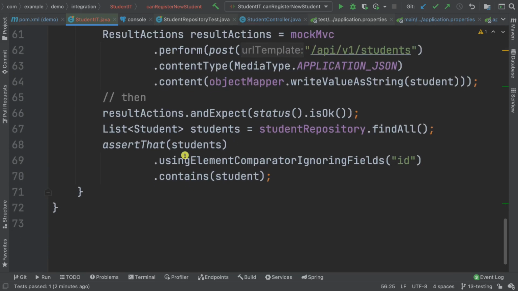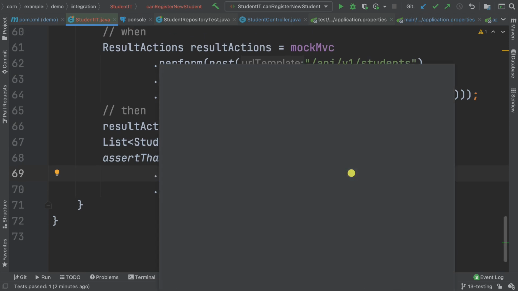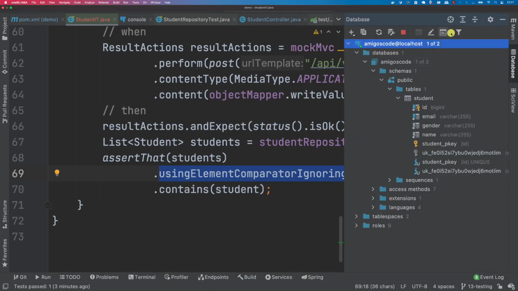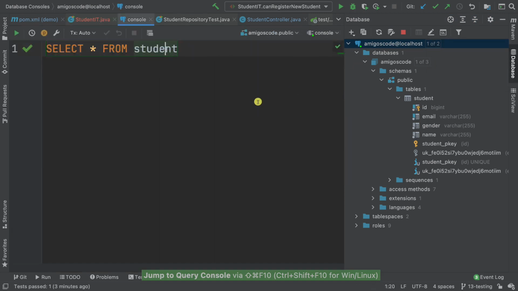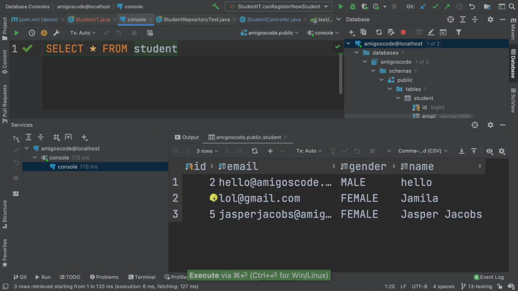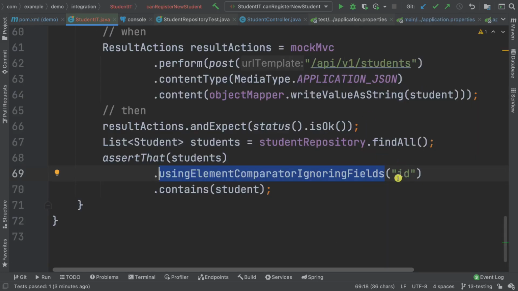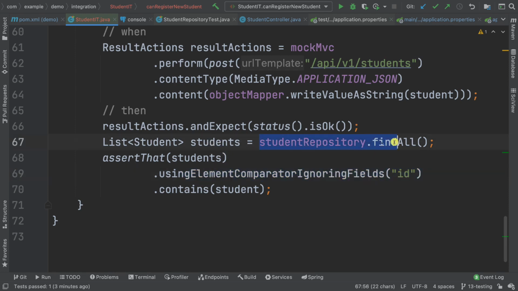Also, one thing which I forgot to mention is that you see where we basically ignored the ID right here. So the reason why I'm ignoring the ID is because the ID is randomly generated for us. So here, remember, the ID is randomly generated for us. So if I select that, you can see that 4, 5, and then basically we don't have control of that. So that's why I want to ignore the ID, because it doesn't give us much. But we make sure that whatever comes from the database contains the student